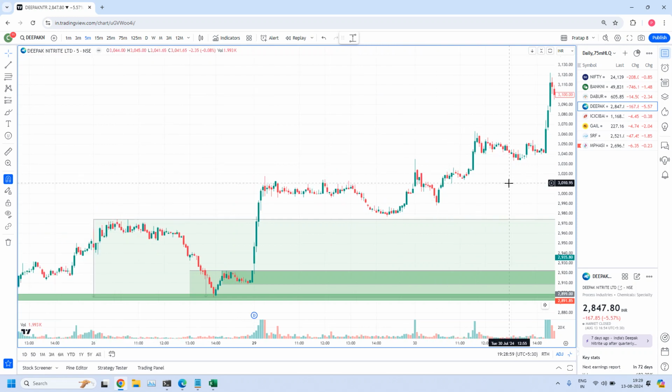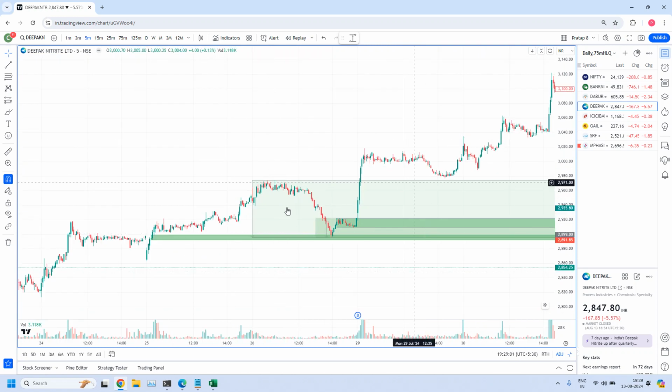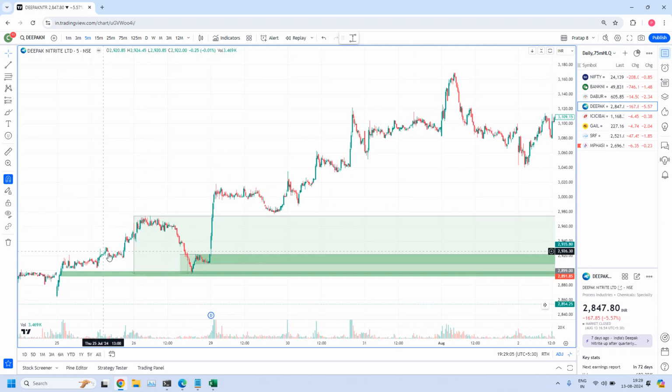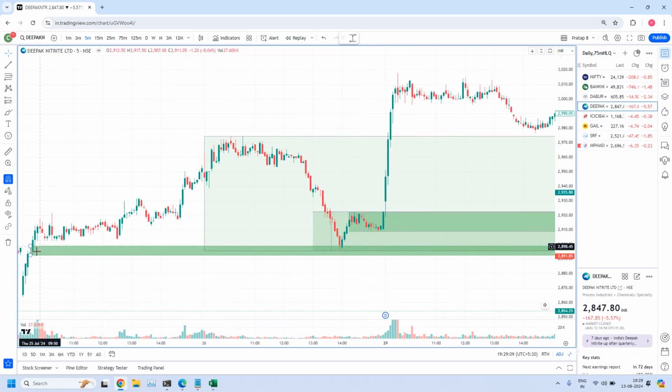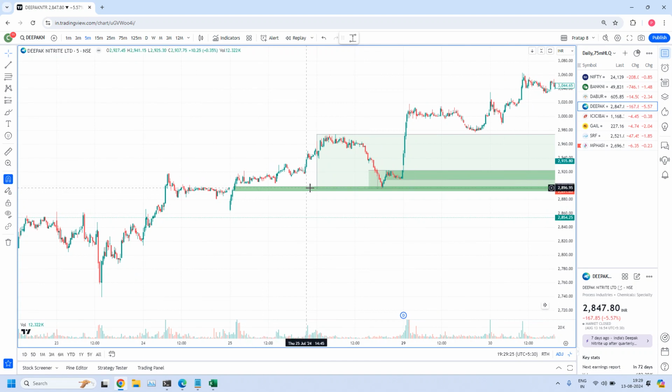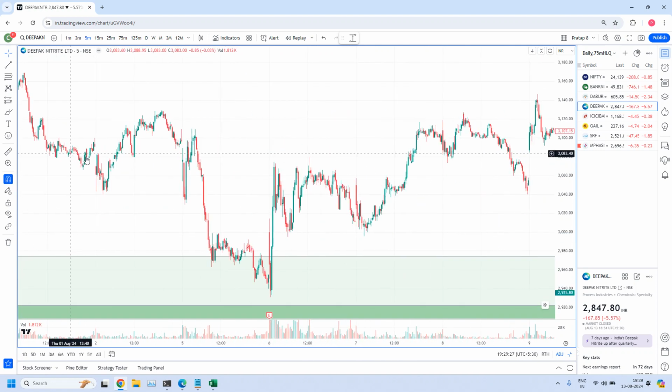That is what happened today. Before this entire zone, high liquidity zone, is violated, first we got the trade from this 5 minutes area. Actually it is not a fine-tuned zone, it is the 5 minute zone which is responsible for this entire daily high liquidity zone. Please remember, the 5 minute zone is responsible for this daily zone's order flow. So here we have the institutional strong order flow.